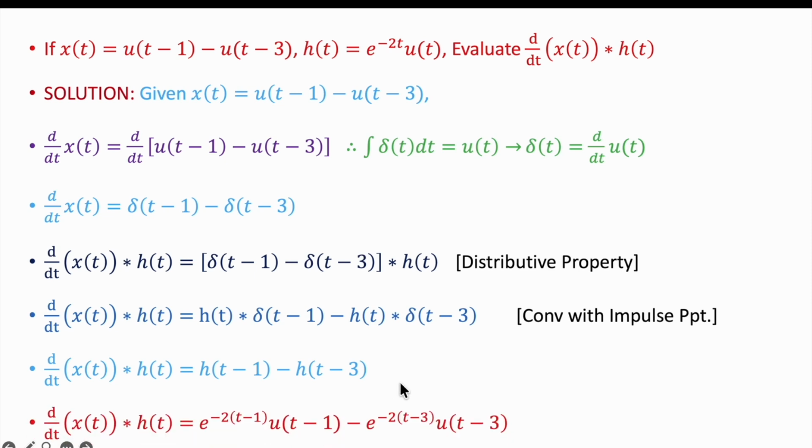So that is why the result will be equal to h(t-1) minus h(t-3). And you can implement the same shift here in the signal. So the complete result will be e^(-2(t-1)) u(t-1) minus e^(-2(t-